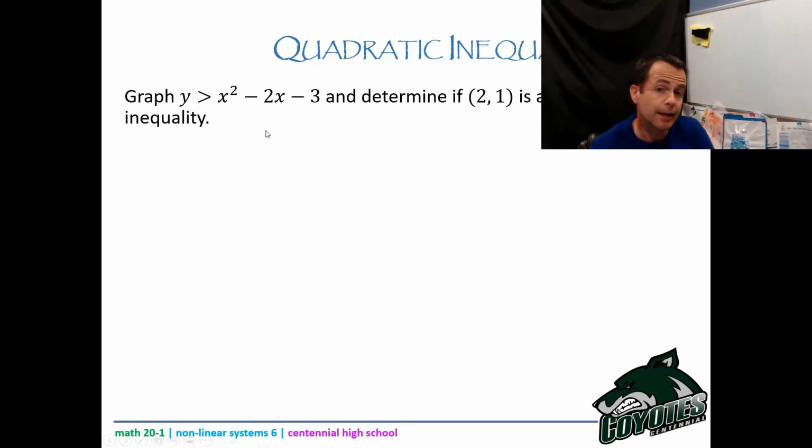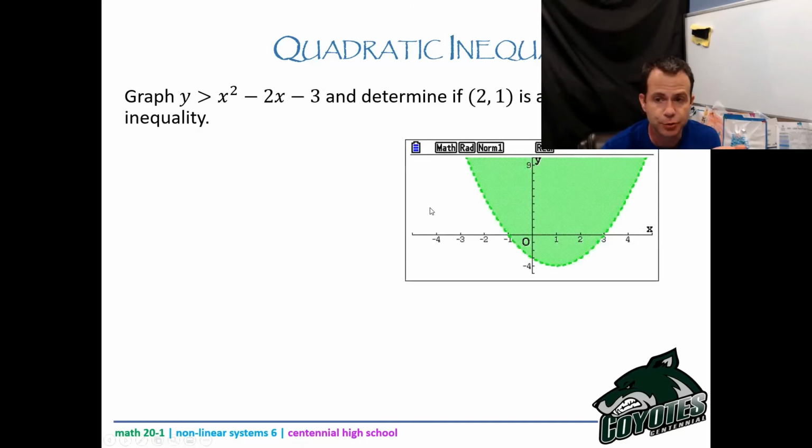Now, you've actually already graphed that one by hand. That was our first example. Now I'd like you to throw it in your graphing calculator, okay? You can verify with your graphing calculator that your hand drawing is accurate, okay? Of course, you can pause me and get that set up. This is the picture you should be looking at. And again, greater than, so you can see I have a dotted line, okay? And greater than is always shading above,